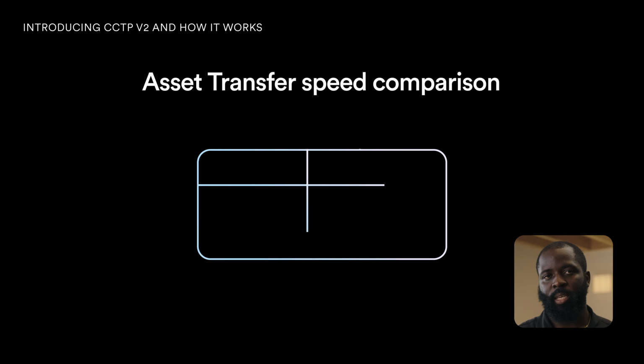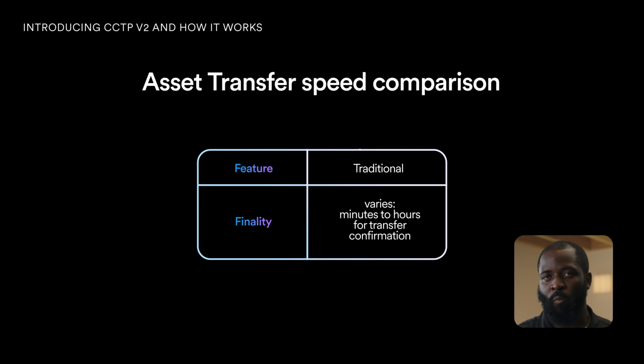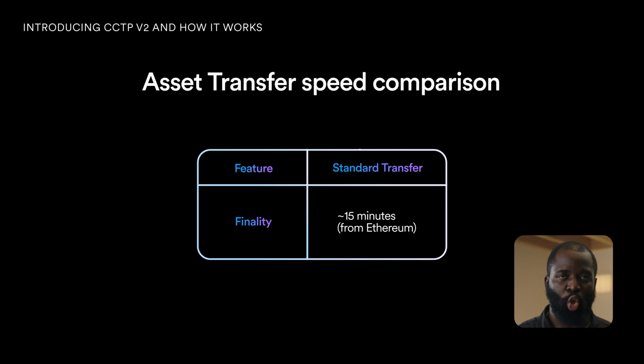Traditionally, moving assets off Ethereum involves a lot of waiting, several minutes or even hours of confirmation time to be absolutely certain that the Ethereum transaction has been processed and won't be reversed. CCTP standard transfer requires waiting for the source chain's finality, around 15 minutes on Ethereum, before issuing the attestation to mint on the destination chain. That's already a huge improvement in safety over risky bridges, but the user experience is nevertheless slow,